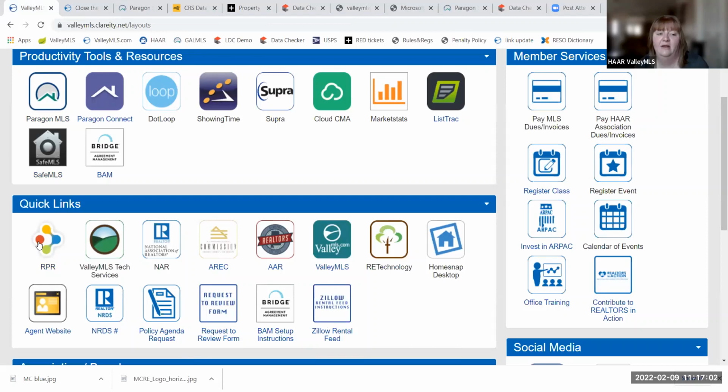And this is essentially a database of MLSs from around the country that are pulled together. So even aside from the data share we have with Birmingham, where we do have guarantees of compensation and all that, this is separate from that. This is going to be for, let's say, a listing in Coleman, which we know is a separate thing. Come here and look. I don't know if Coleman shares their MLS or not, but they probably do. So come into RPR and check it out. Also, even with our data share, it's only residential listings. RPR is not, as far as I know, limited to only residential. I know land is there, but I don't know what else.